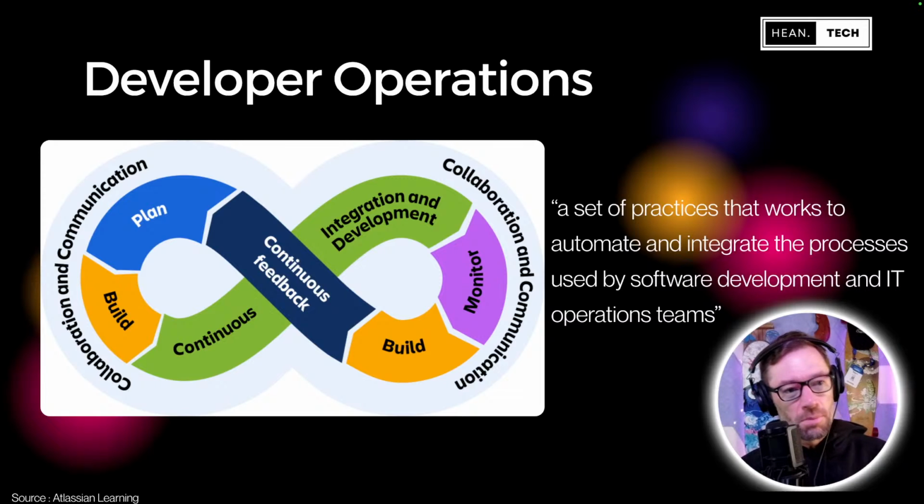So now developer operations, and I borrowed this graphic directly from Atlassian. You can read the quote here. For me, it is how do we ensure our engineering teams are integrated into our support and regular day-to-day stuff? So when we think of building a website, a lot of people think of the work necessary to write the code and deploy it. What a lot of people forget about is after it's live, we still have to support this thing. We have to make sure that it's running well and keeping up.